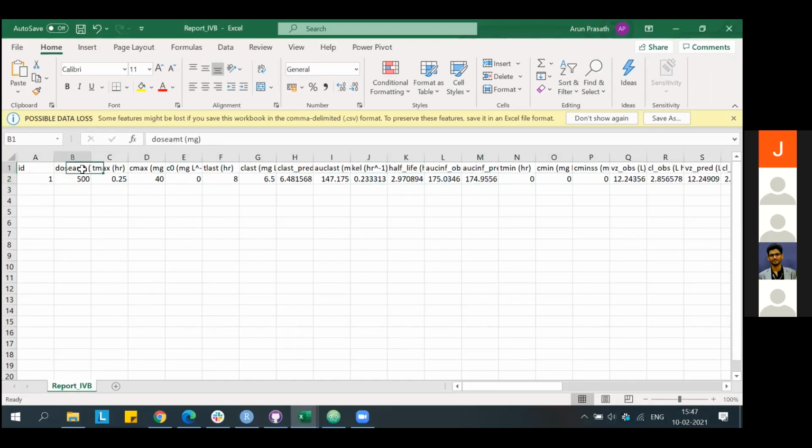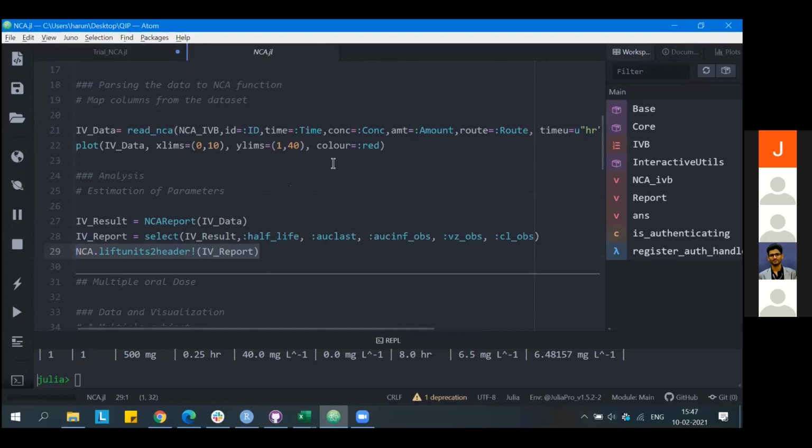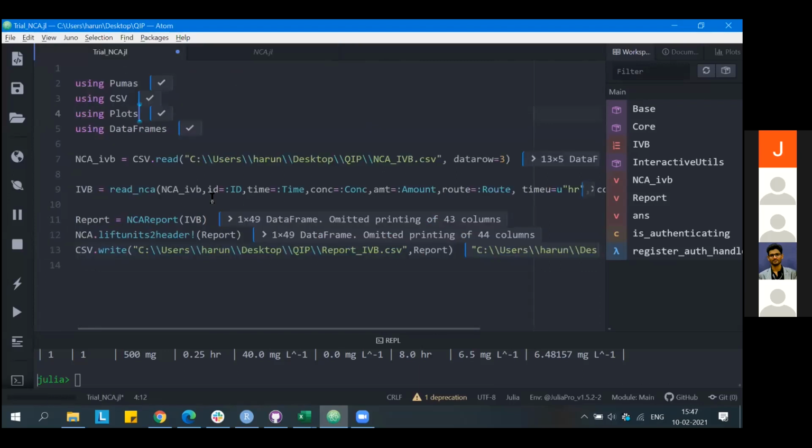All of the units will be shifted towards the header, where you have the parameters, and within brackets you'll have the units. That is one additional thing. These are a few additional points, just for presentation aesthetics. For analysis, it is literally these 4 steps: import, parsing using read NCA, report, and export.